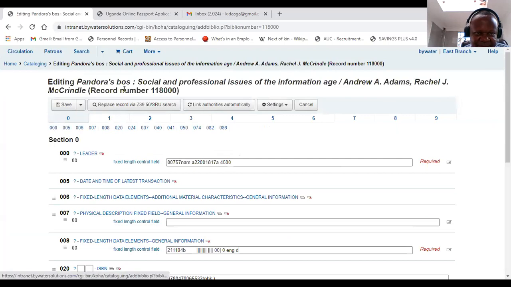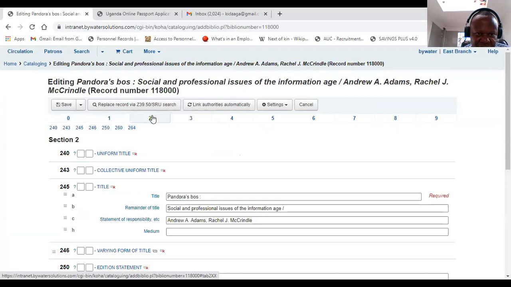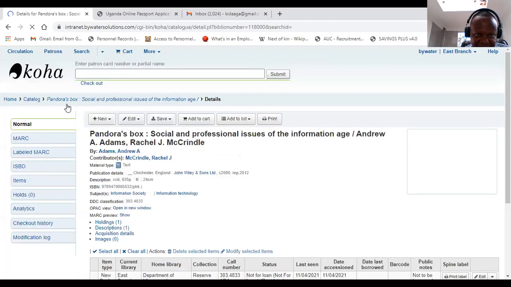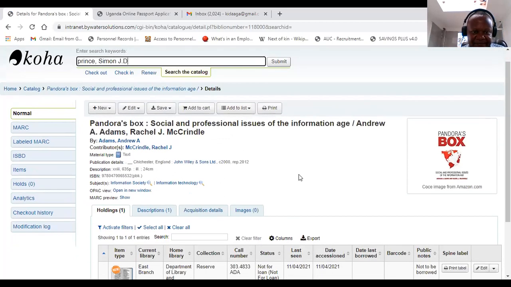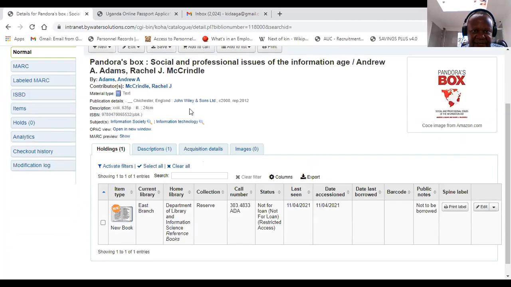The title is under tag 2. And here is the mistake. I remove the S, put the X, and now I save. Remember, it is already in the system. So I've already edited and you can see it is there properly, and the further details you can see as we were entering them. I want to stop there first, and